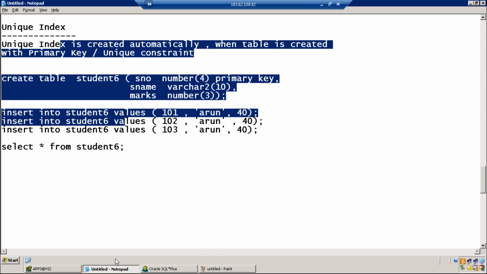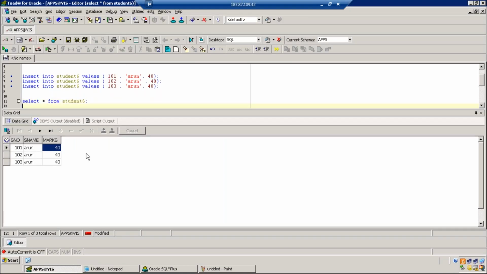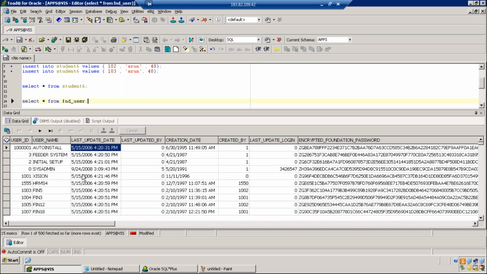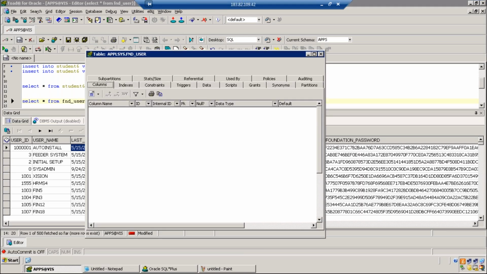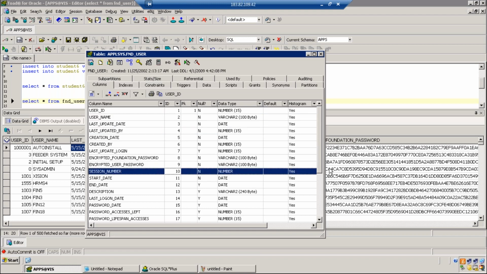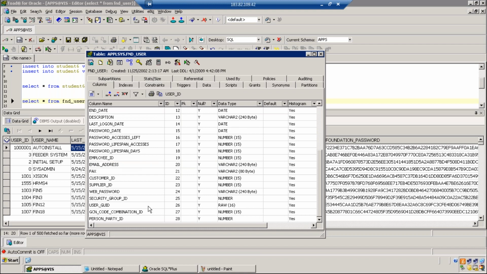Practically, if you can see, select star from FND user, which is a table name in Oracle Applications. This table has how many columns? You can see column numbering 1, 2, 3, 4, 5. The table has 28 columns.